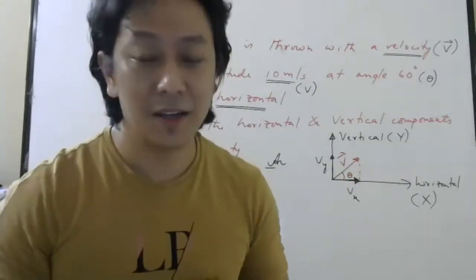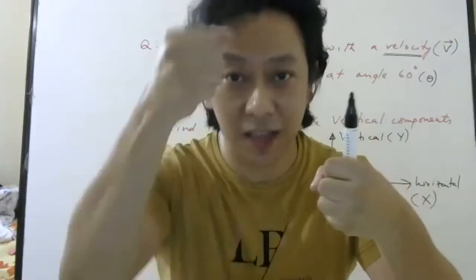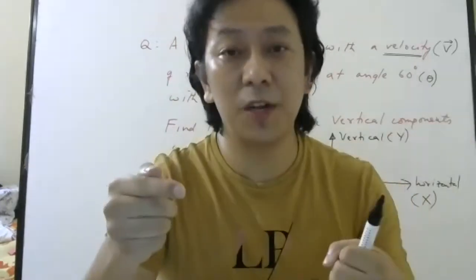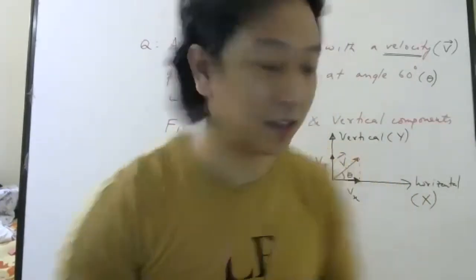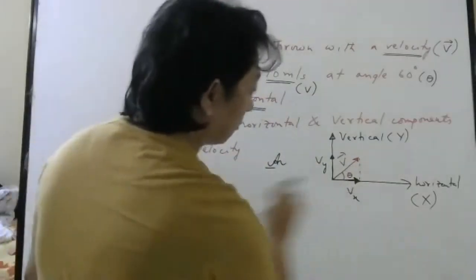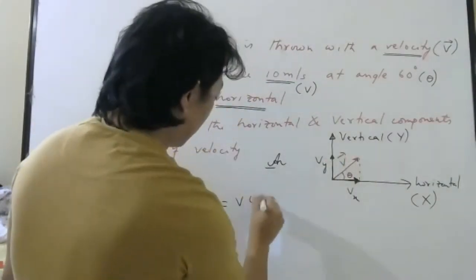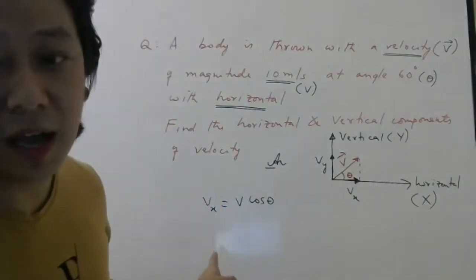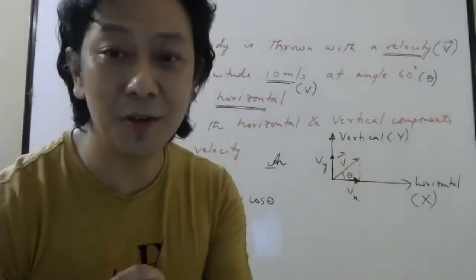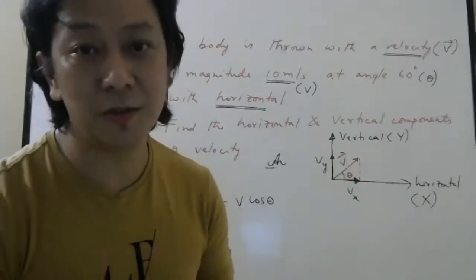Please memorize that. See, cos theta is adjacent by hypotenuse. So if you cross multiply, adjacent will be hypotenuse into cos theta. So your adjacent side is Vx, which we have to find. It will be the hypotenuse V, this length, into cos theta. So this is similar to which formula I wrote? Ax equal to A cos theta. Before I wrote Ax equal to A cos theta. Now we are writing in terms of velocity. So Vx equals V cos theta.